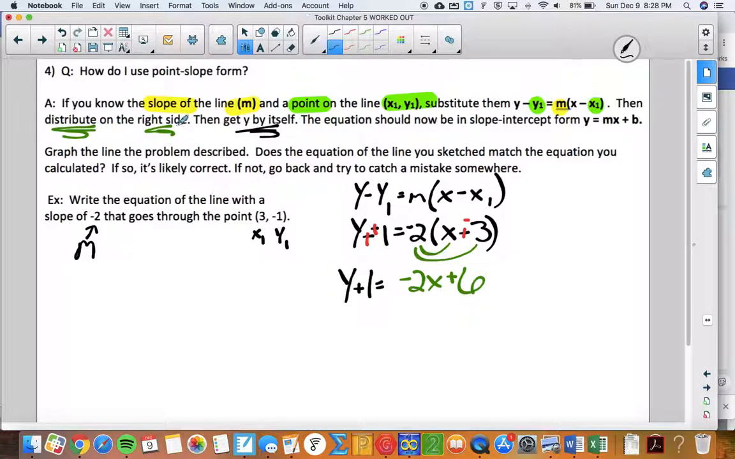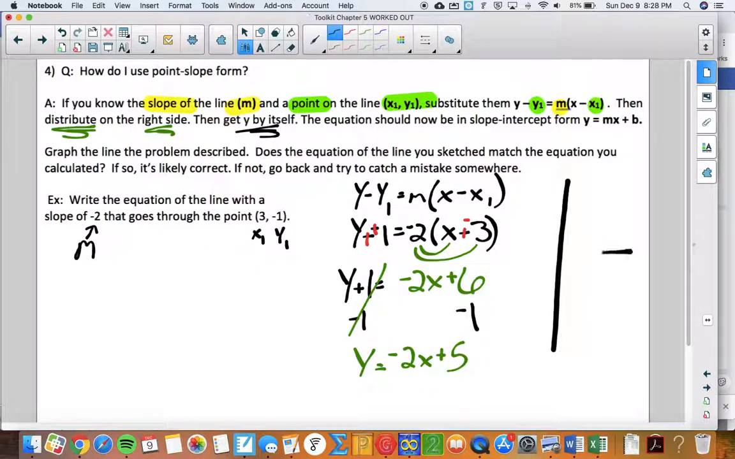So after I distribute on the right side, get y by itself. Y is being added by 1. So to undo that, I'm going to subtract 1 on the left side. But what I do on the left, I have to do on the right. So now I get y equals -2x plus 5. And you should find that if you graphed a line that went through the point 3, -1,